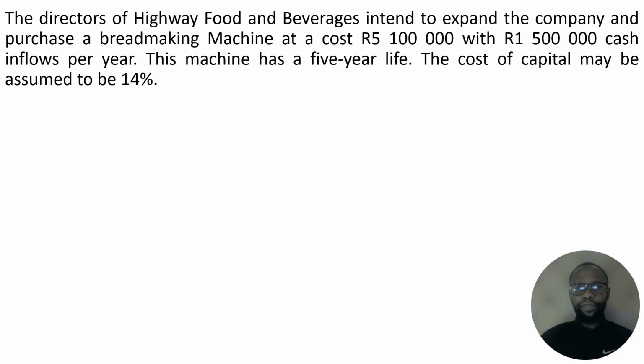So here all the information is given. We are given the investment, which is 5,100,000. We are given the cash inflows, 1,500,000. And then we are given the cost of investment, which is 14%. So our cash flow 1 will be 5,100,000, and then our cash flow 2 will be 1,500,000. Then we know how we're going to calculate it. So using a cash flow method,